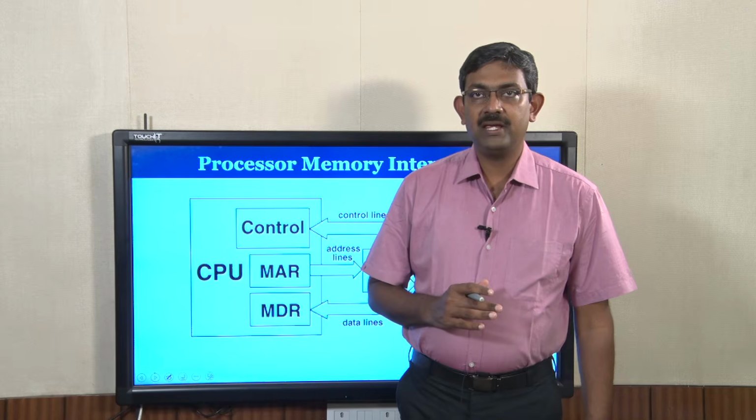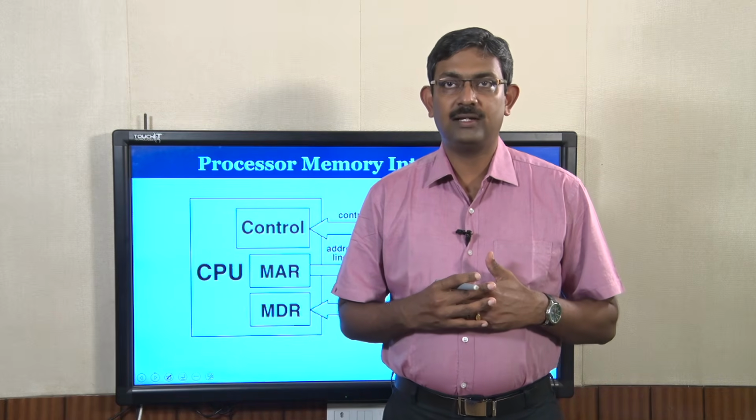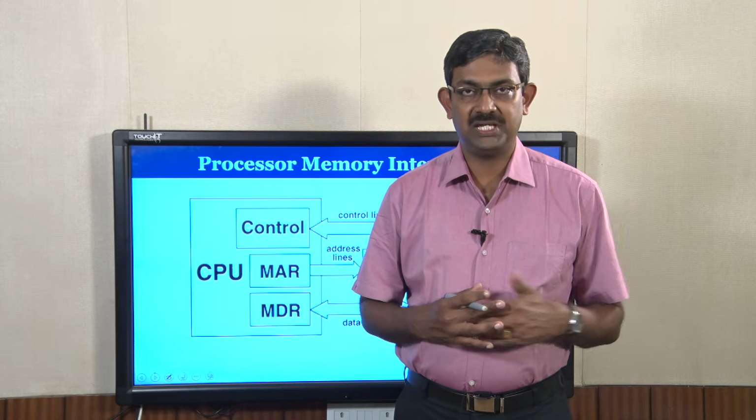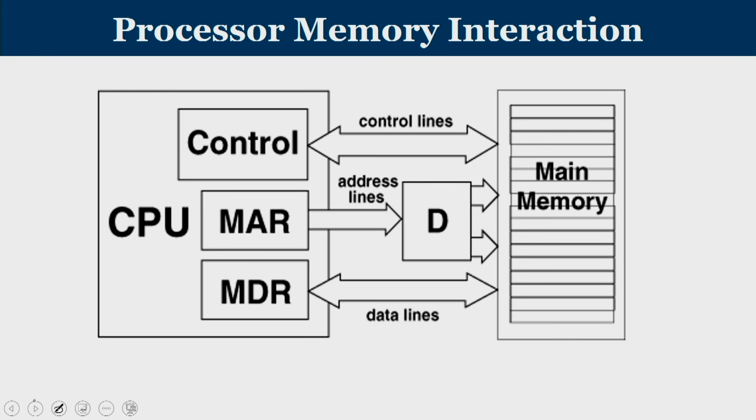Now processor and memory are working closely together in order to execute a task. That is what we have seen. We can also see that the MAR, which generates the address, is linked with main memory, and there exists a unit which will uniquely choose one main memory word based upon the incoming address, and this is the decoder. It is a memory decoder. The duty of the decoder is, whatever address is given by MAR, based upon that the decoder will uniquely choose one word, and that is the designated word.